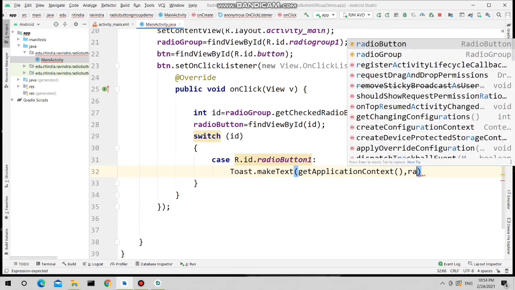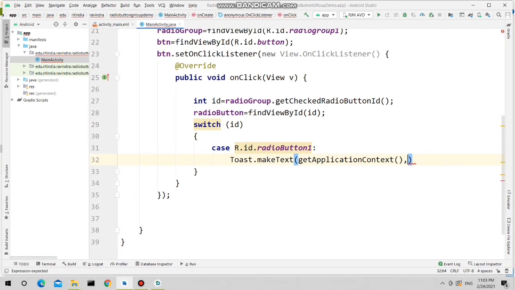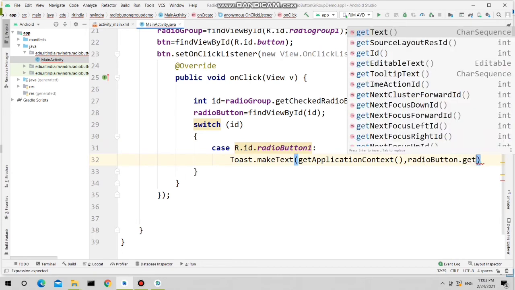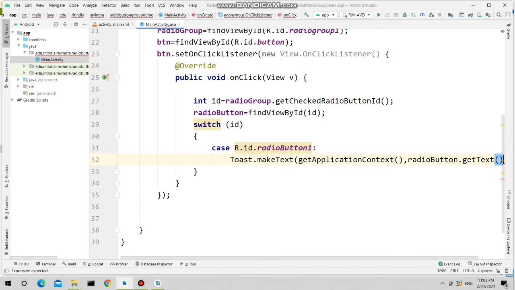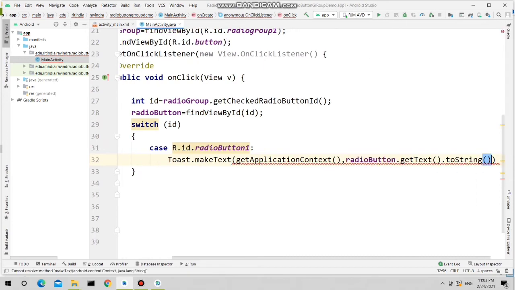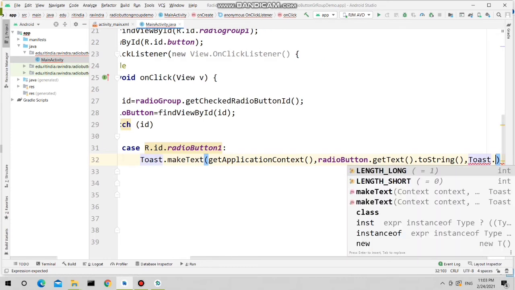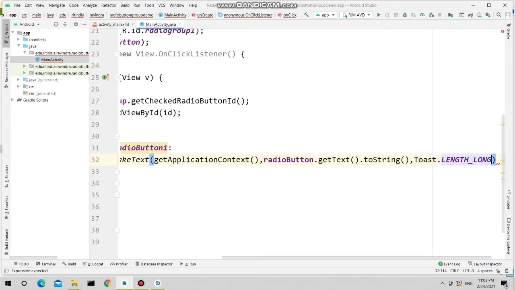So retrieve the text of radio button, and as the second parameter of toast is string, I have converted that to string, then duration, and then show.